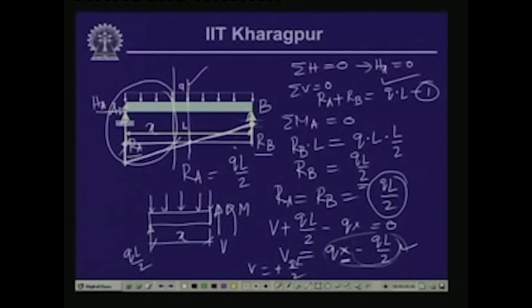So, this is the shear force diagram for this kind of loading, and here we do not have as such any change in the loading. So, this will give us the value of the shear force. Now, if you compute the value of the bending moment,